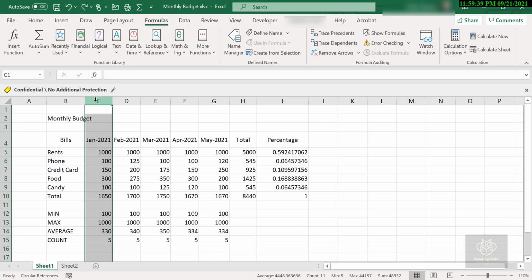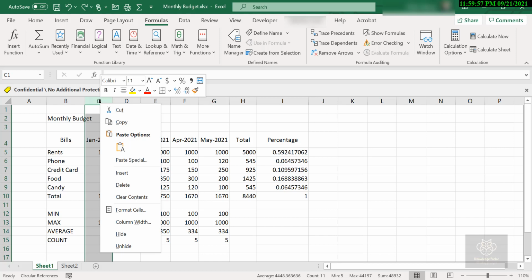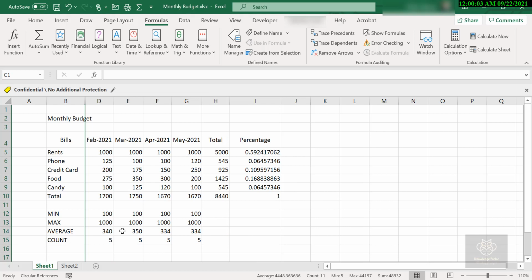So here I can do this a couple of different ways. Here I'm going to select the column C, and that's the column that I want to hide. I'm going to right click on the C, just that top C there, and one of the options is to hide. And I'm going to select that, and I have now hidden January, or column C. Now, if you look really closely, and you get the more observant users into your Excel document, take a look at that. Okay, yeah, great. We got bills, we got February data, March data, April, May, total and percentage.